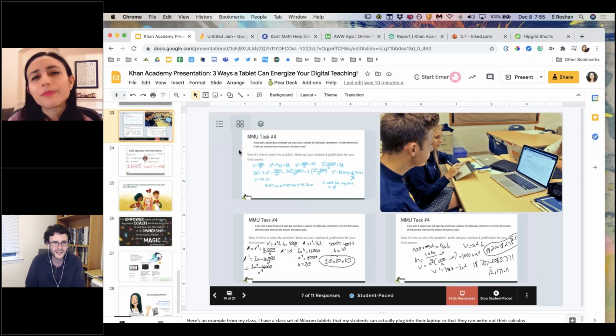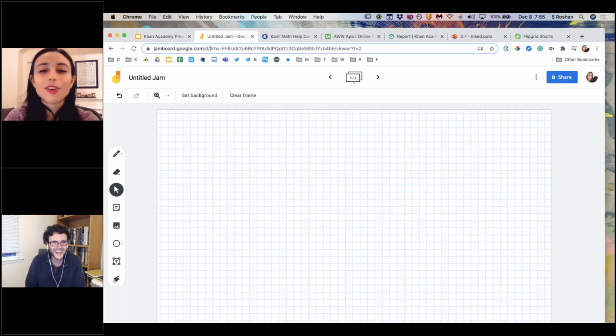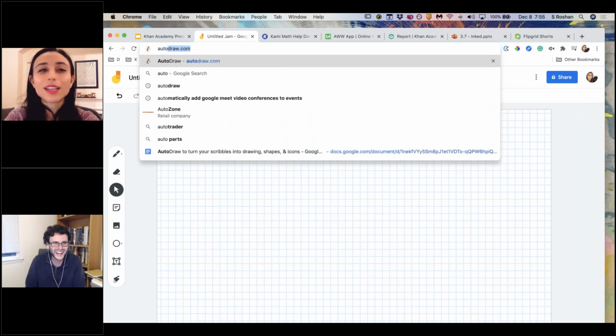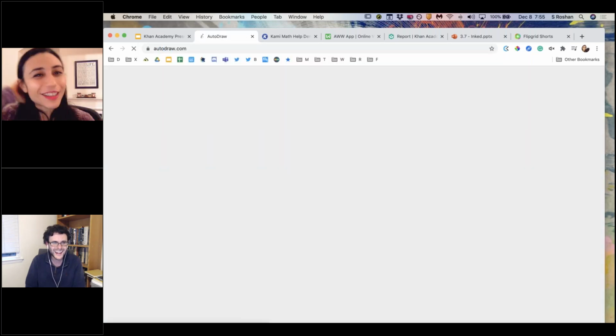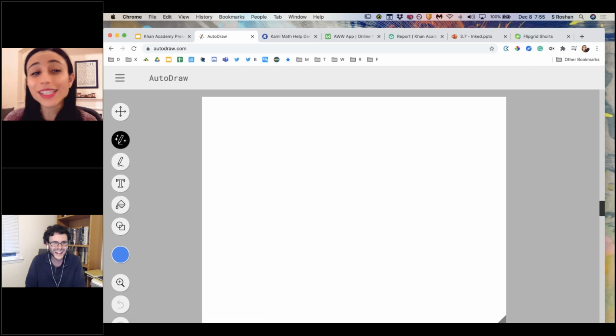Yeah. And even if you just draw little images as you're going, that can be really powerful too. I think it's AutoDraw, is that what it's called? I really like that, because you can be sketching as you're doing class.